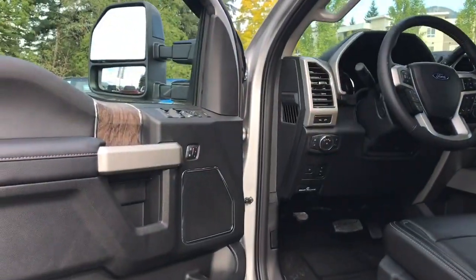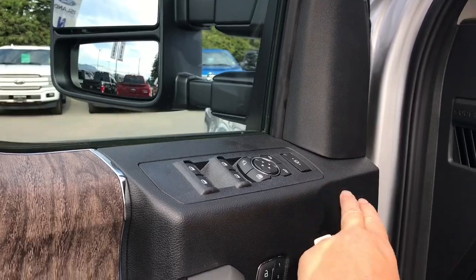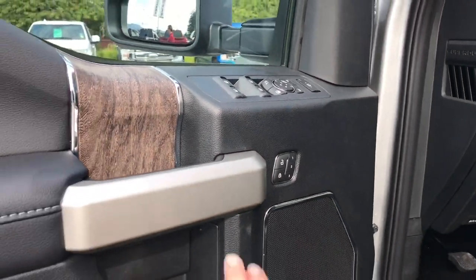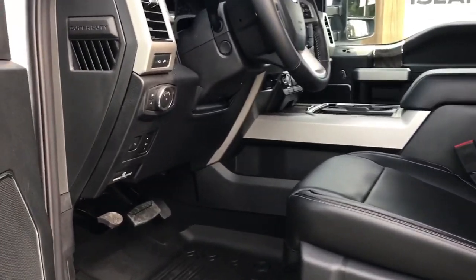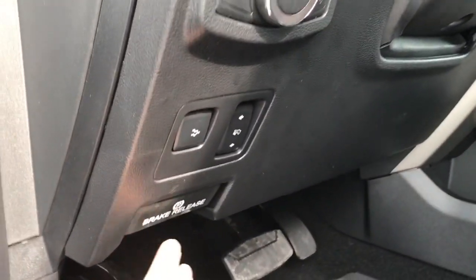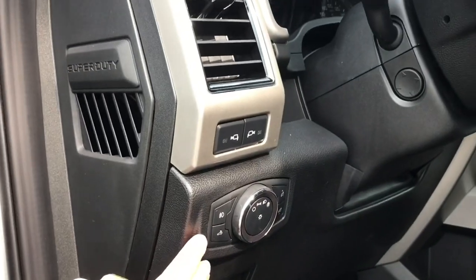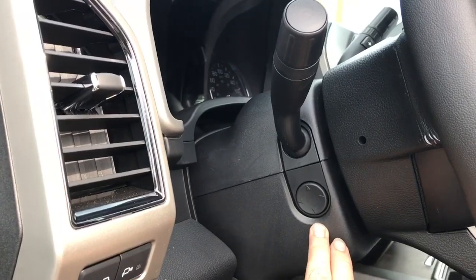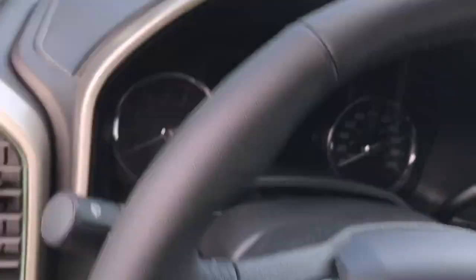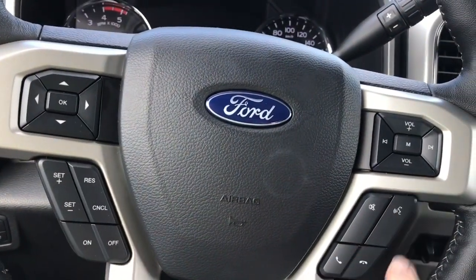Speaker in the door, as well as power locks, windows, and mirrors. You also have power extending mirrors and memory for 3 drivers, and this nice inlay. The driver's seat has power with lumbar, and you have your parking brake located here, tailgate release, power pedals, lighting controls, LED side view mirror spotlights, as well as power tilt and telescoping steering wheel. There's a grab handle in the body, making it easier to get in. And on the face of the steering wheel, you have your dash controls, cruise control, media with volume, and SYNC